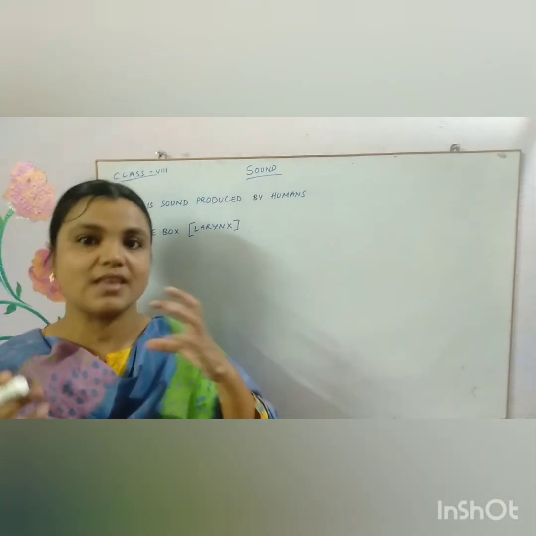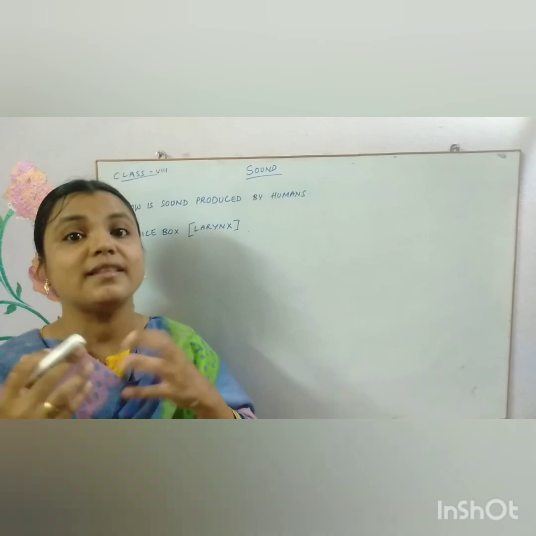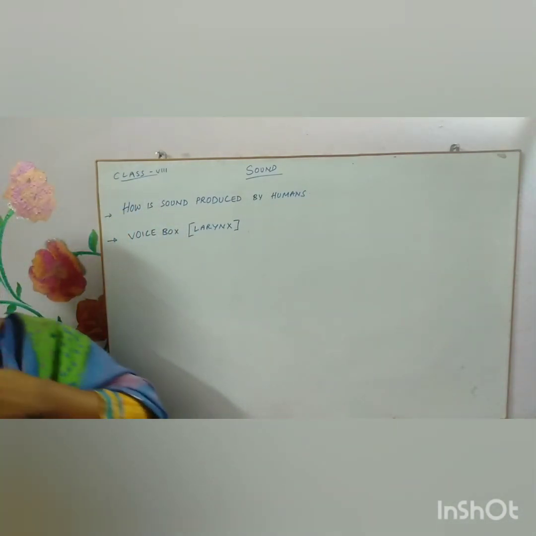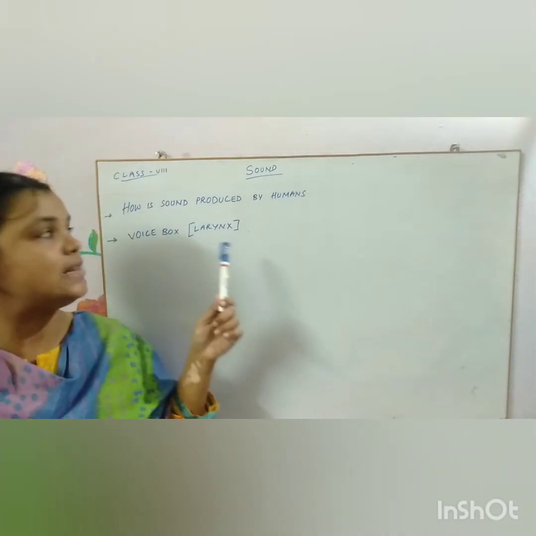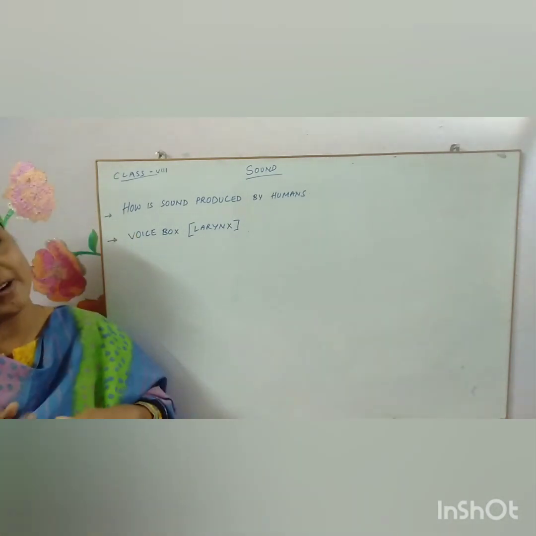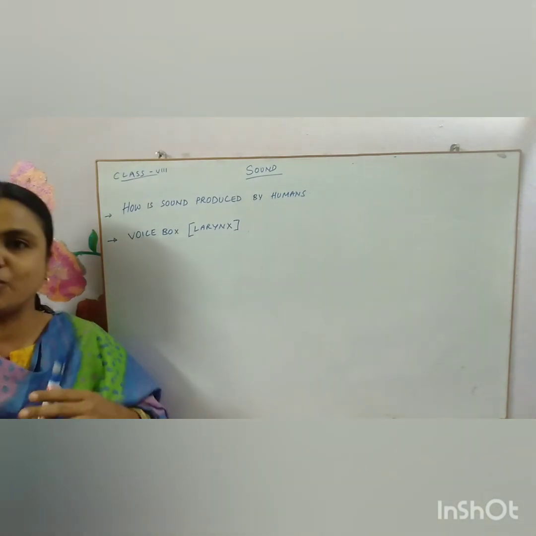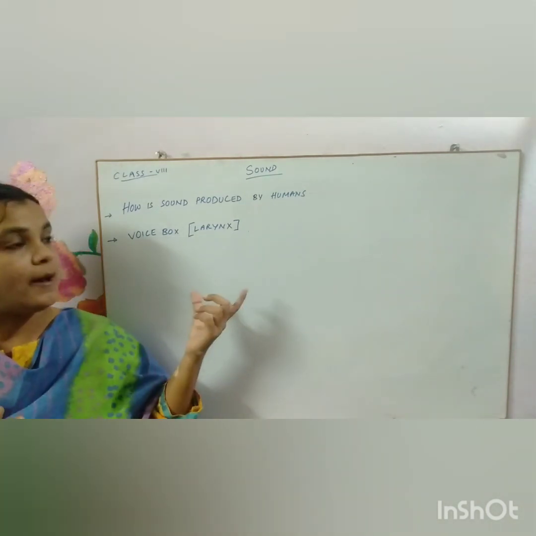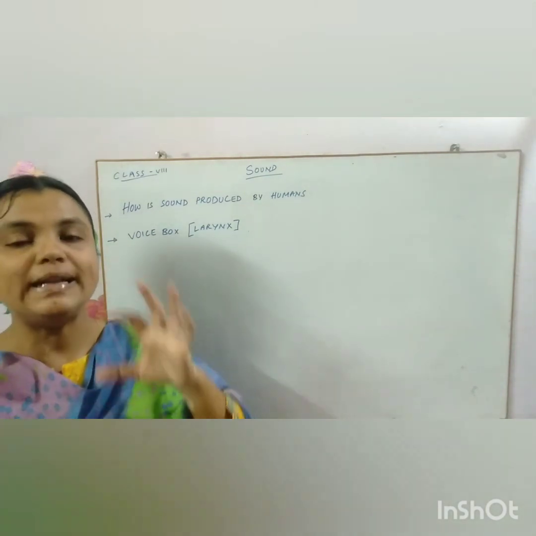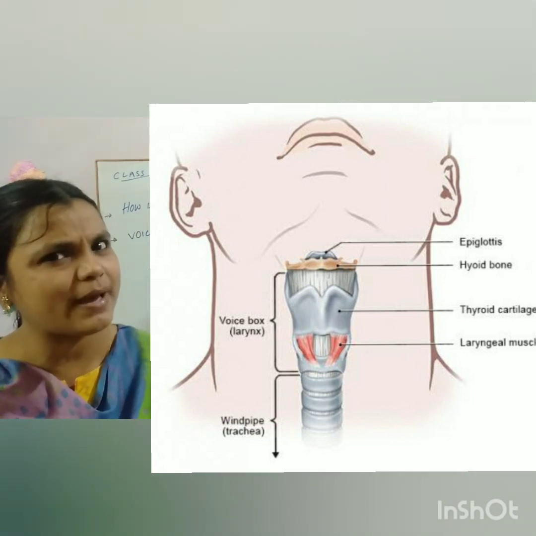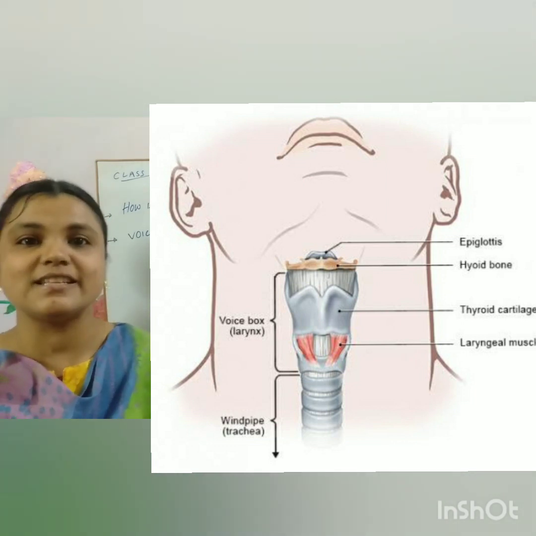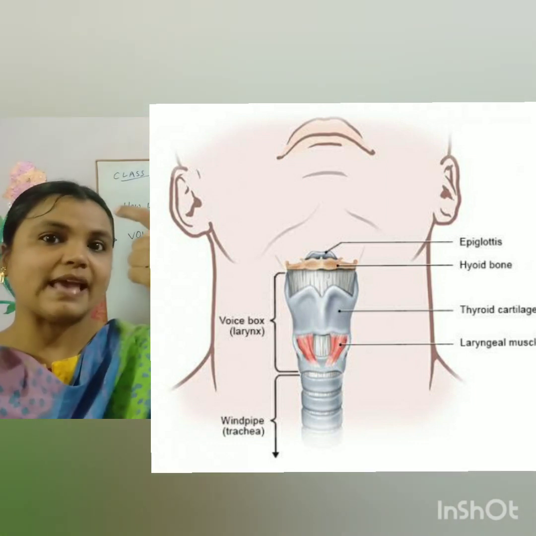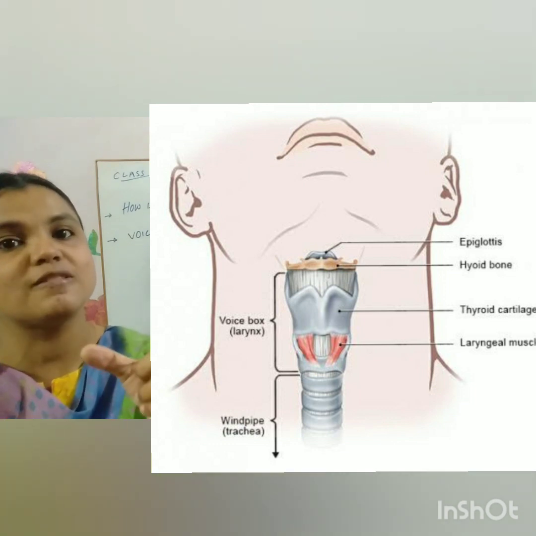So how is sound produced? There obviously something should be there that will be vibrating in order to produce sound. So here, that particular organ in the human body is called the larynx, or simply voice box, children. So let's learn about voice box now. As you can see here, the voice box is present on the upper end of the windpipe, children. What is the other name of windpipe? Do you have any idea? Yes, it is called the trachea. Trachea, do you remember? So at the upper end of the trachea, you have this voice box.